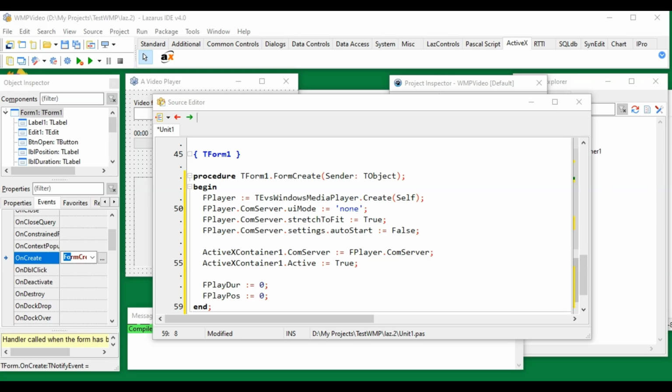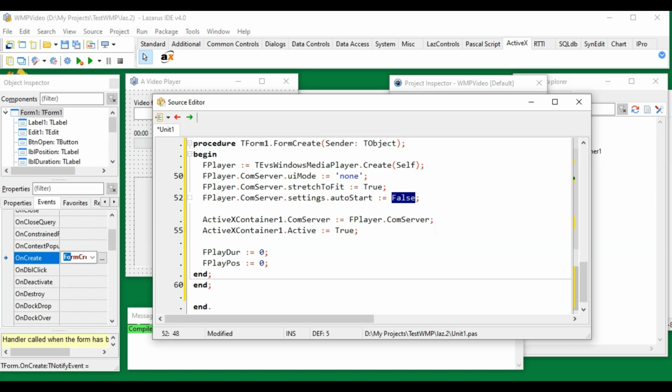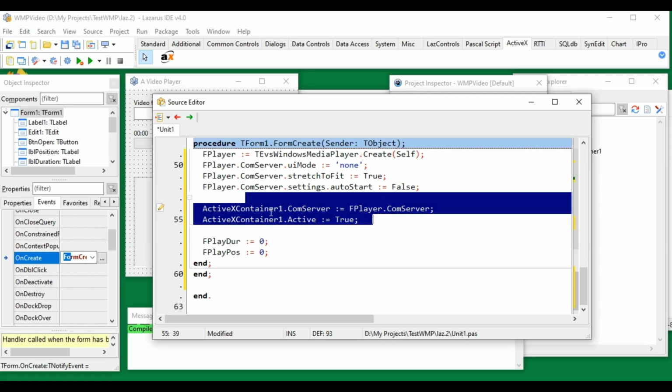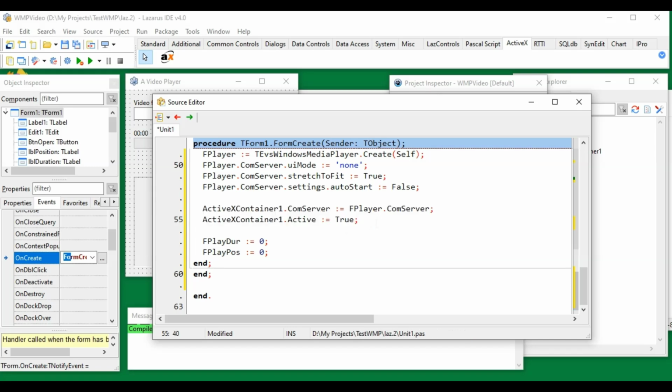Then we set the UI mode to none, and then set stretch to fit to true, auto start to false. Now we embed the FPlayer to the ActiveX container and activate it.